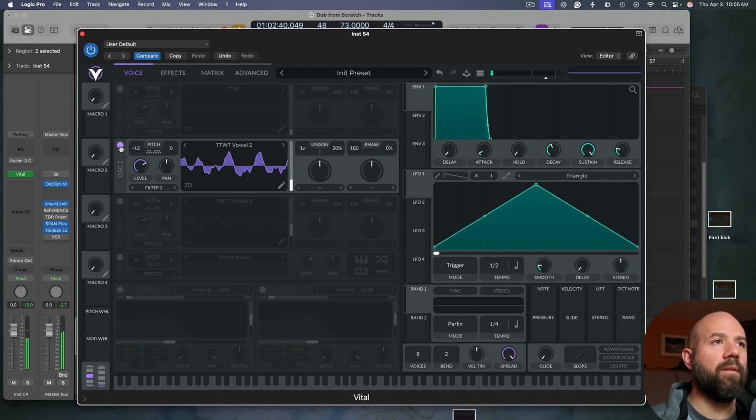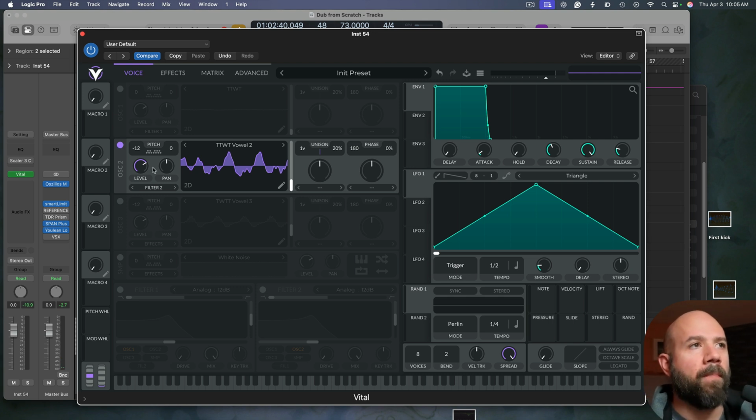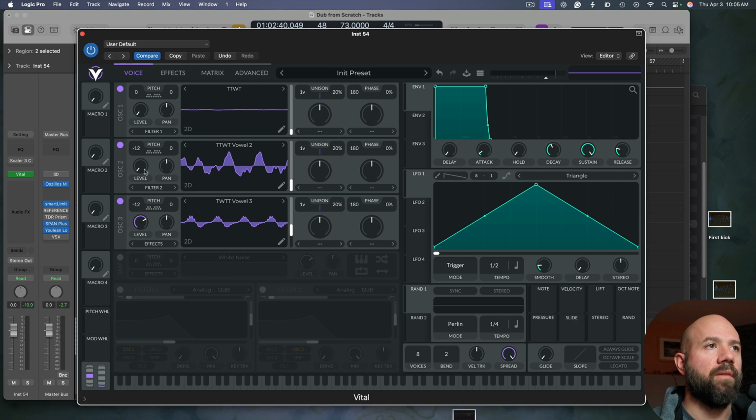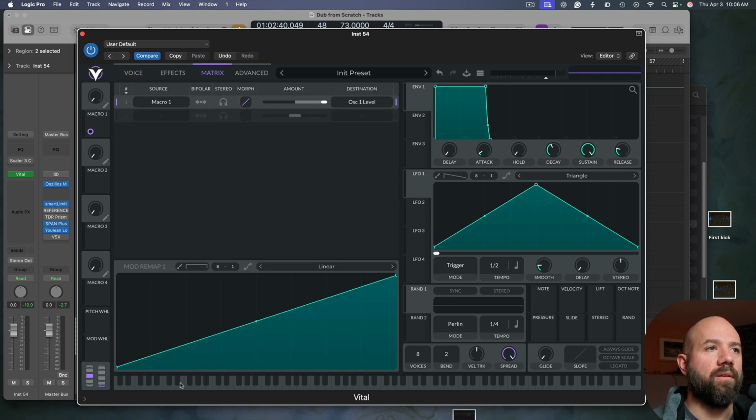So you can just type in vowels and get these kind of vowel-y sounds that are like a bit formaty. And then what we can do from here is create a bit of a switch with a macro. So what we're going to do is turn all these on again, but we'll turn the levels down, and we'll take macro 1 and move it to level 1, and then we'll pop over into here, and let's switch this